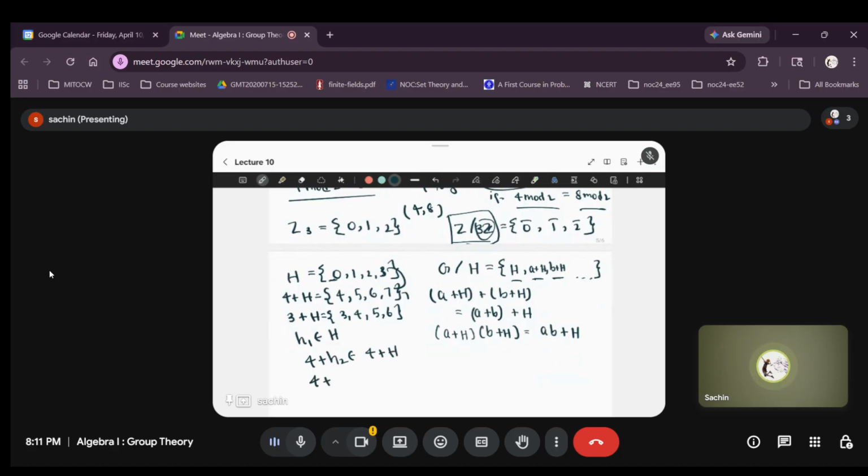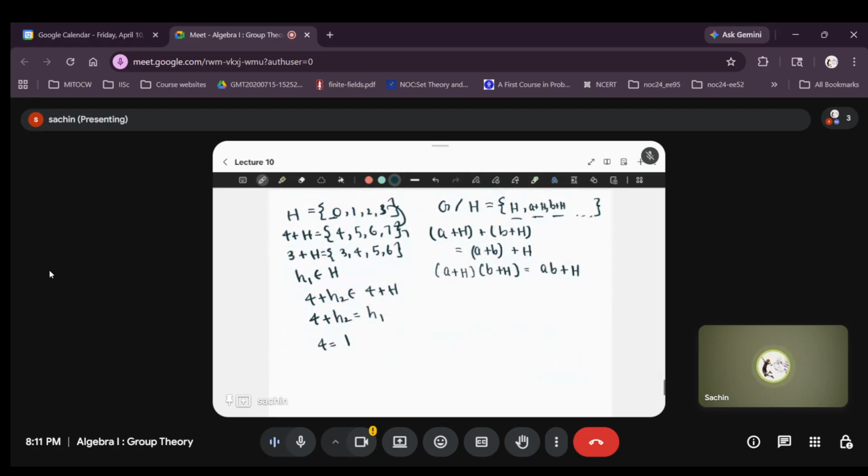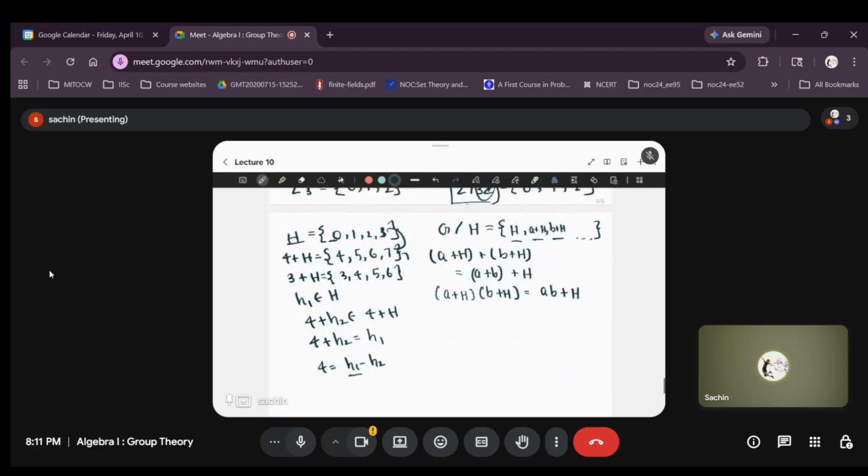Then if you said 4 plus H2 is equal to H1, that would imply 4 is equal to H1 minus H2. But H1 is in capital H, H2 is in this capital H. So H1 minus H2 would have been in capital H. So 4 would have to be in capital H. So two different sets of this form will have distinct elements. They can't have the same elements. And if you take the set of all such,